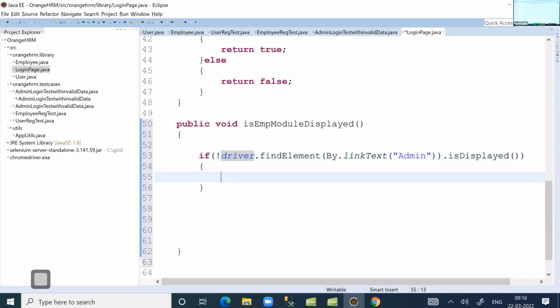If not displayed, I'm using the not operator. Displayed, true. Not displayed, false. I'm just using the not operator, so it should not be displayed. Okay, if I write the code in this way,